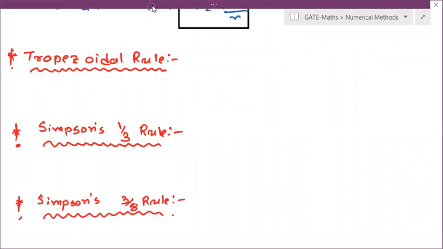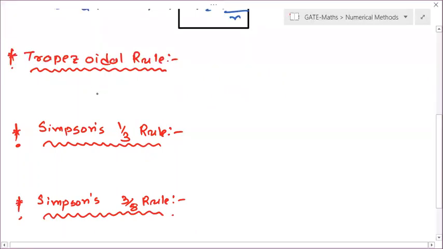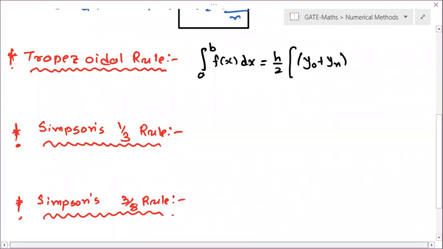Now see over here. If you see this formula of trapezoidal rule, so here integral a to b f of x dx, you can find this by h by 2. First you have to write this h by 2, then y naught plus yn, that is first value plus last value of y, plus 2 times all the remaining values y1, y2 up to yn minus 1. Is it clear now?